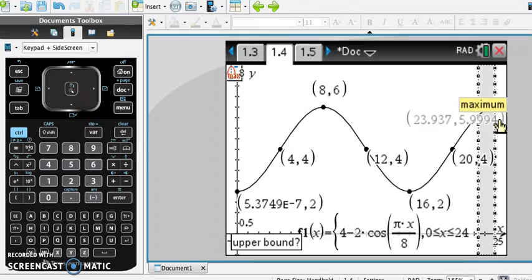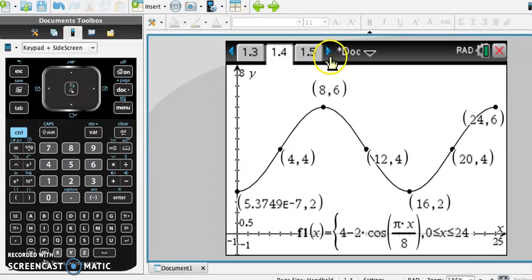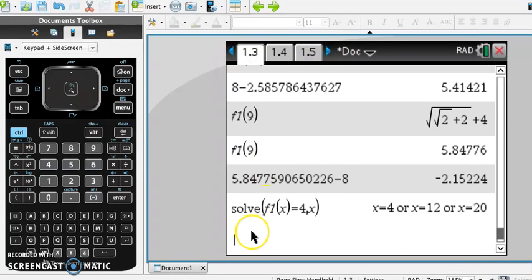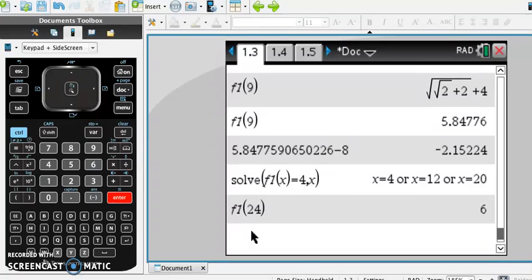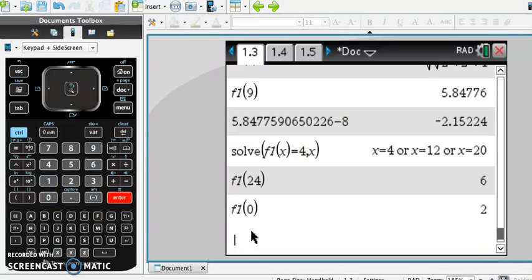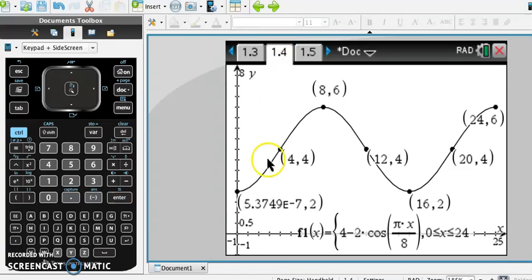because it's a maximum. If it wasn't a maximum, and I just wanted to know an endpoint, I've just got to work out what F1 of 24 is, which is 6, F1 of 0. So they're my two endpoints. So at 0, 2 and 6, 24, I can sketch them on and label, okay? So just get the general curves. I've got no intercepts, so I just need to put the relevant points and my minimums, my maximums and my